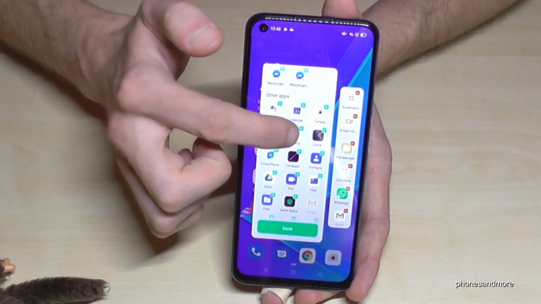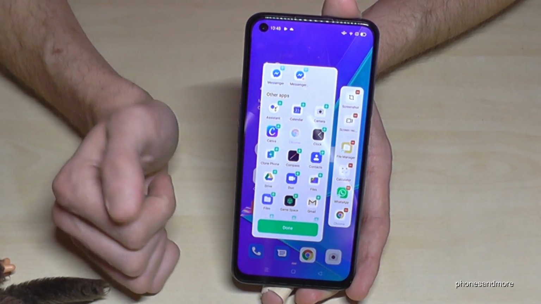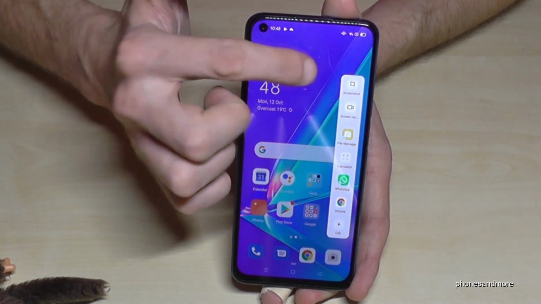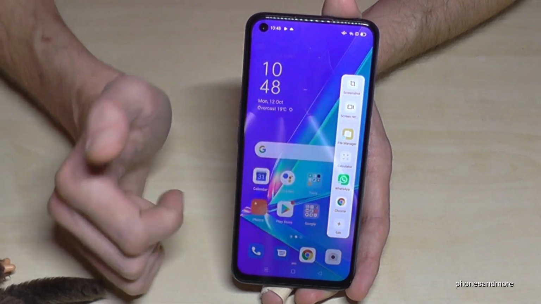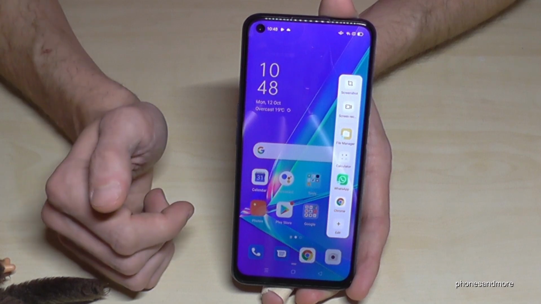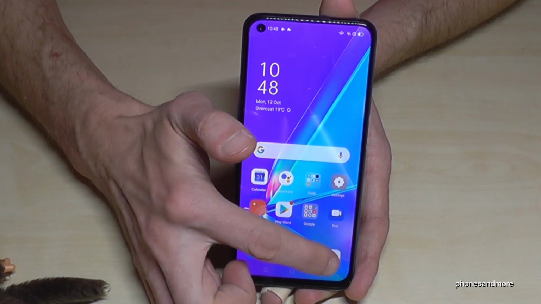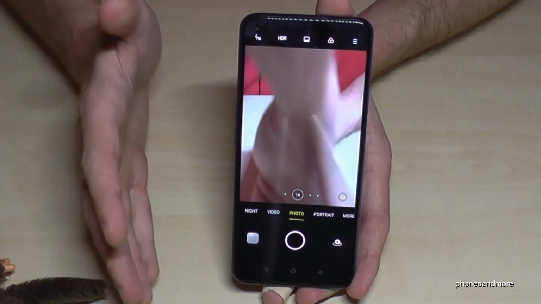Maybe if you want to have the Chrome browser, just for example, you can add it here as well, and remove some parts if you want. Then you are done, and you have your own sidebar with your own shortcuts here. A pretty cool thing. And yeah, the next point is about the camera, because if you are taking pictures, you just